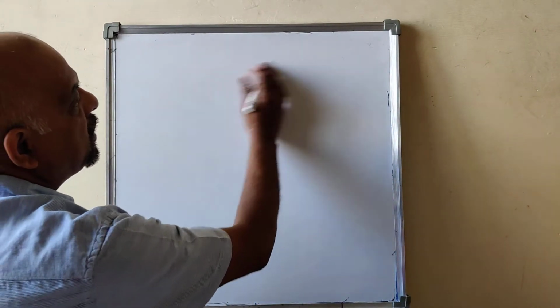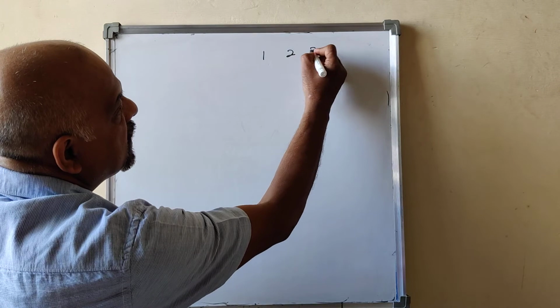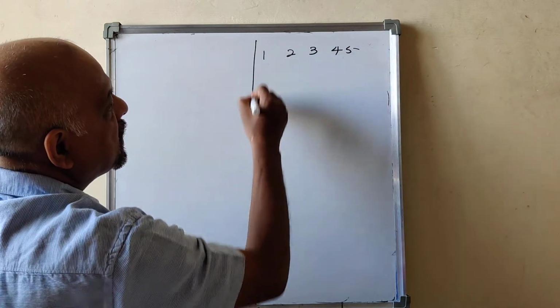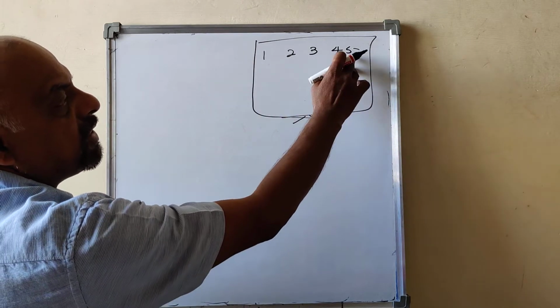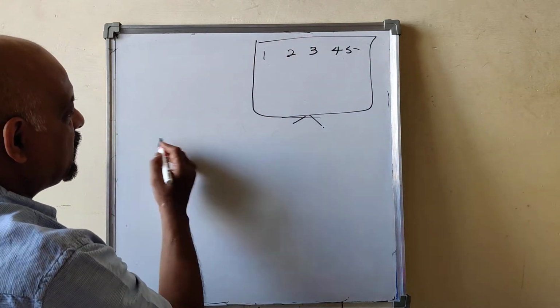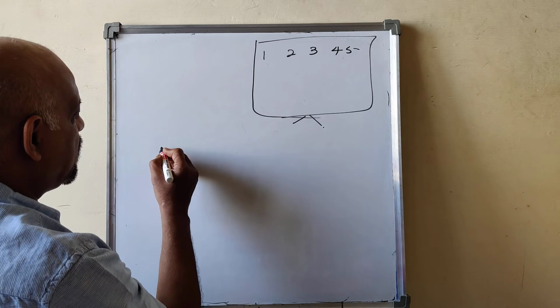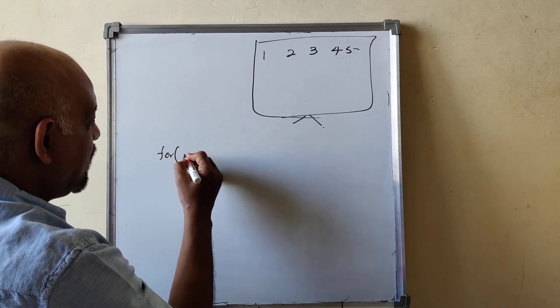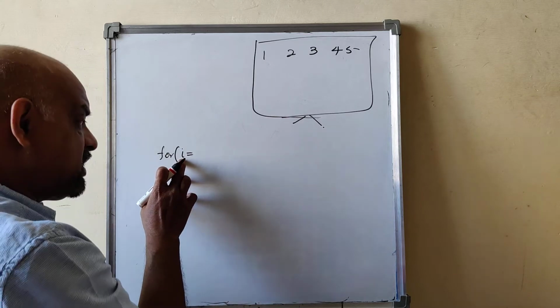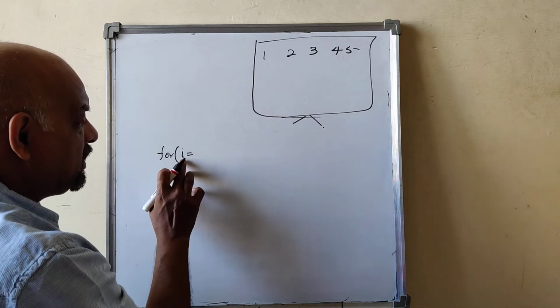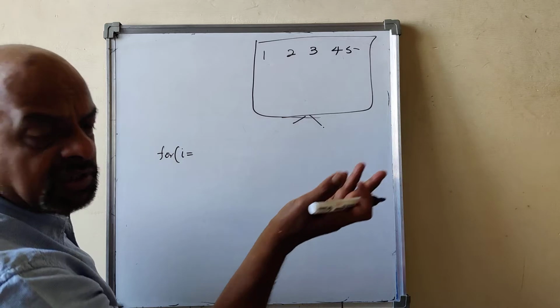For example, I want to display numbers like this: 1, 2, 3, 4, 5 on the monitor. Here, the starting value is 1, the final value is 5. That we have discussed, is it not? So, how are you going to do it? I will write the code: for. I is the loop control variable. You can take any loop control variable, I or whatever it is. It is just like an identifier name given to the control variable.